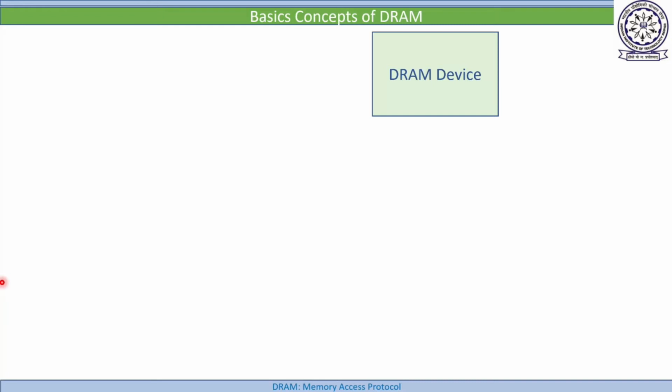The first question is how this DRAM device knows when to activate a row, when to read from a column, and when to pre-charge. For example, suppose the row buffer is storing the content of row number 1, and now I want to read row number 2. As I explained in the last class, in this situation first of all we have to pre-charge the row buffer. So how does DRAM know that now it has to pre-charge, and now it has to read?